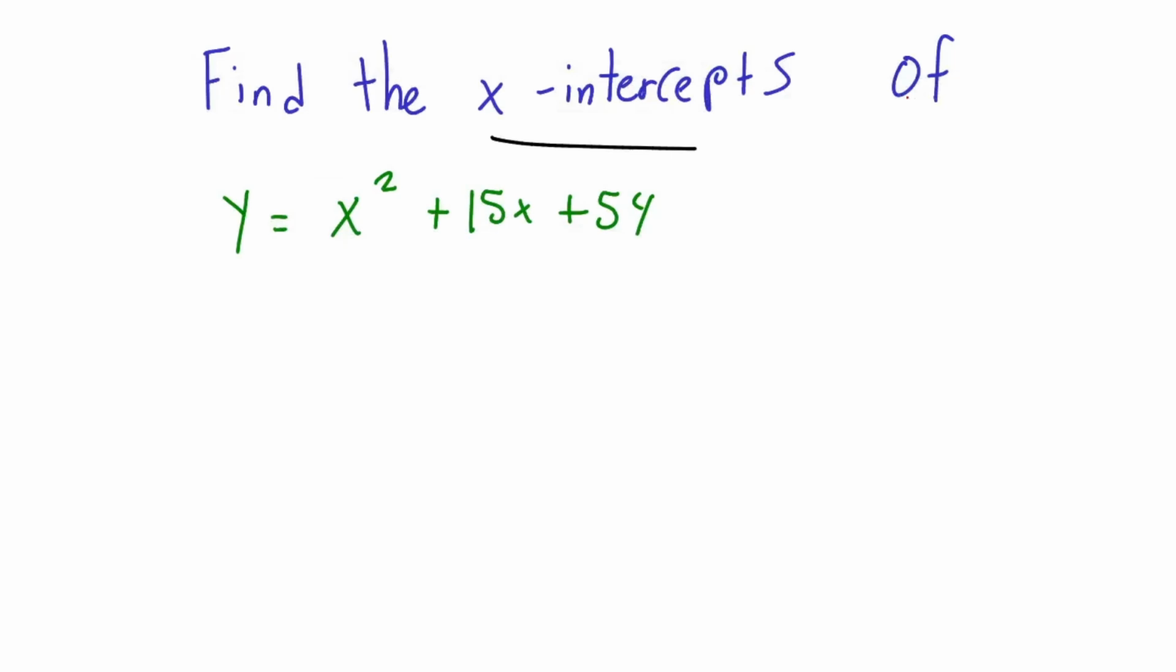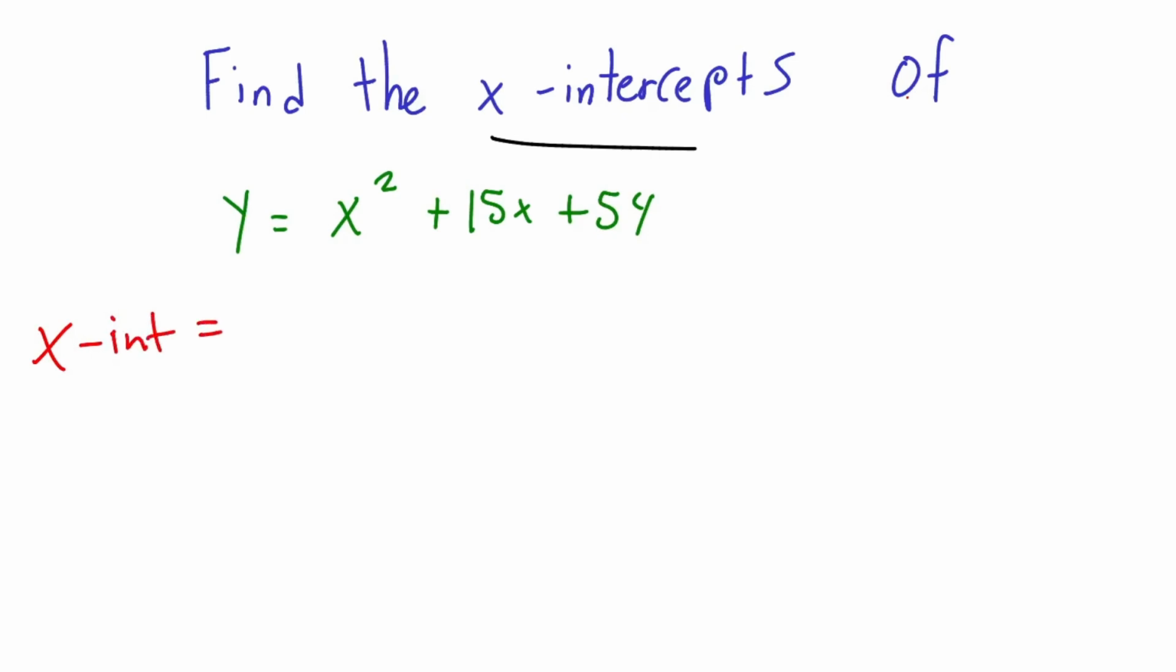Alright, so let's look at how we can find the x-intercepts of a parabola. Let's say for example, we had y is equal to x squared plus 15x plus 54. We can easily identify this as a parabola because of our x squared here. Alright, so we know that our x-intercept